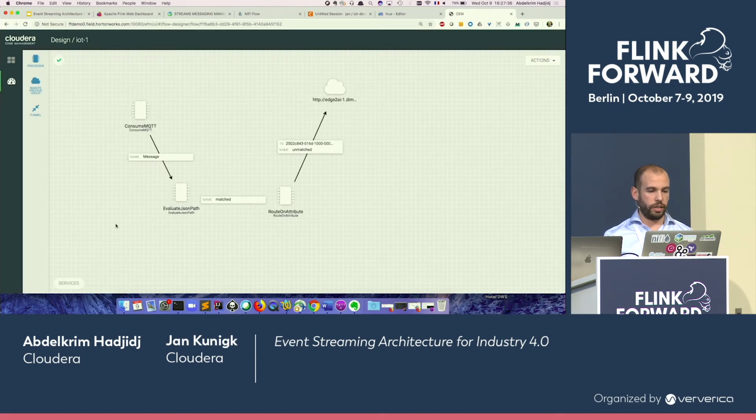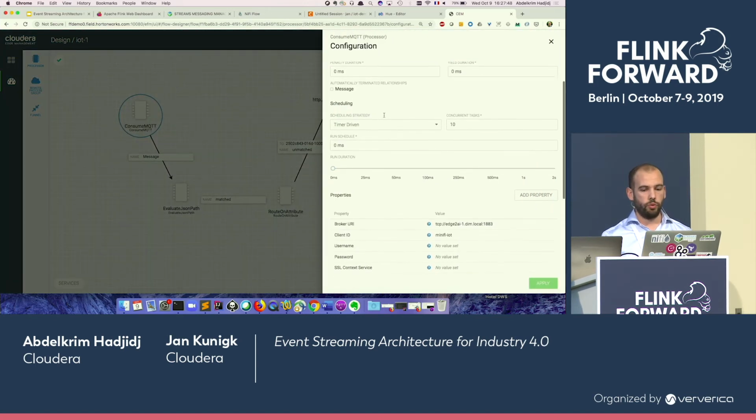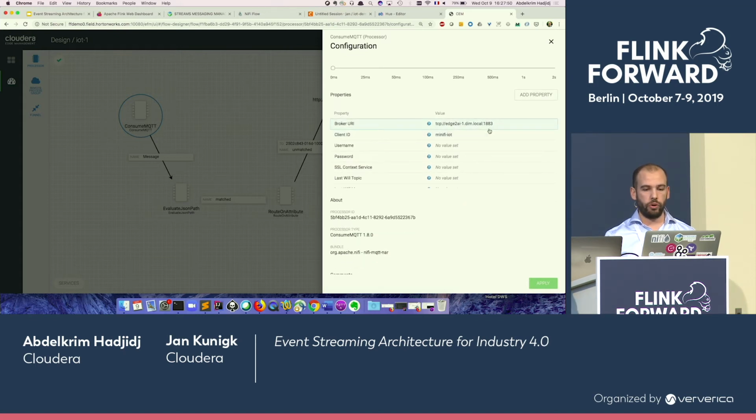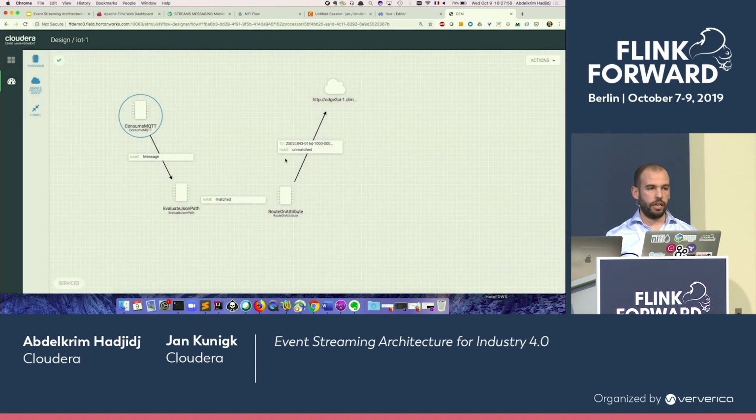So here we have an application that I designed, which will be deployed on all agents that are in the plant. So what I'm doing here mainly is, let's say, I need to consume data from MQTT. Here everything is happening through the UI. I'm configuring my endpoint, my broker information, topic, and so on. Once I have this data, I can detect which sensor data has errors, so I need to drop them before sending them.